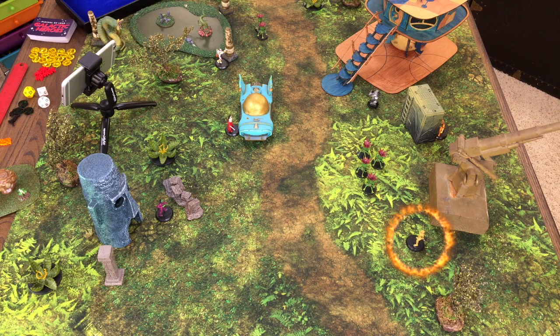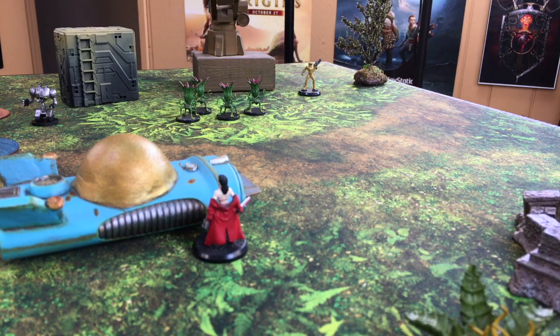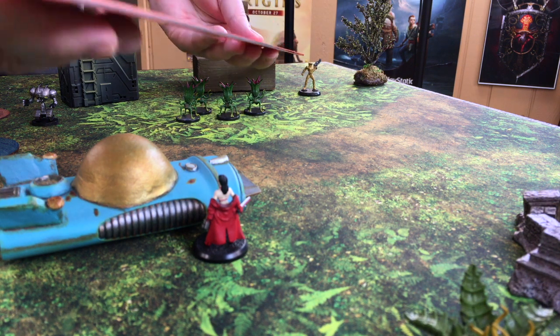So Plutonia's got her decisions to make. Yeah, it looks like all of her opponents are in cover. And that may be heavy cover. Stone wall is definitely heavy cover. I don't know if I'd call the fender heavy cover. That's probably light cover. All right. Because it's just kind of the corner of it. So she is going to try to shoot then